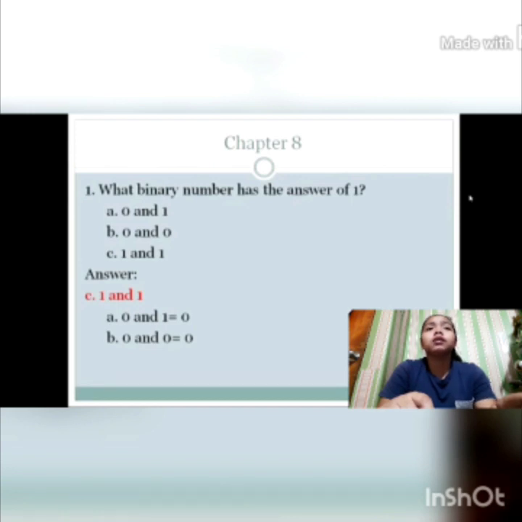simple and interesting chapter. So the answer is